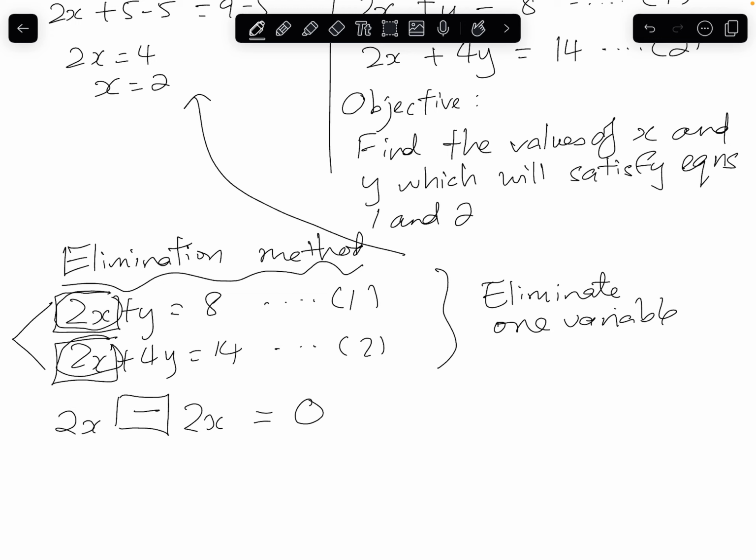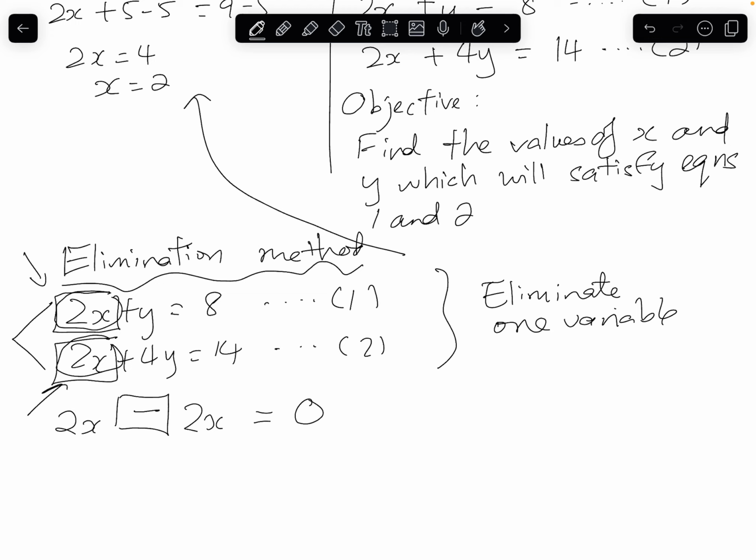So just for demonstration purposes, what I will do is take the second term, which is this 2x, and subtract the first 2x. There is a reason why I do that, okay? Because if I have decided to subtract the 2x, taking the second 2x and subtracting the first one, I need to do the same thing for the rest of the terms